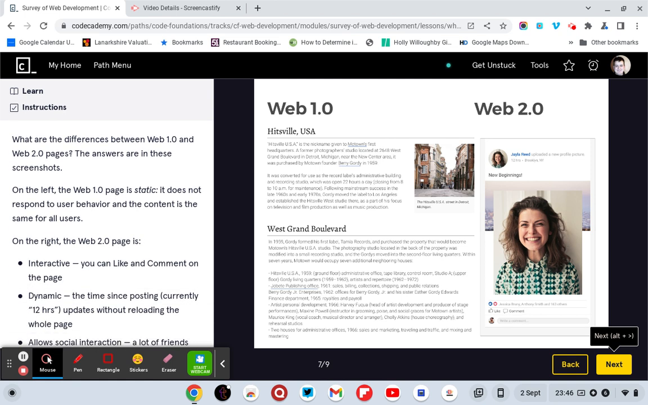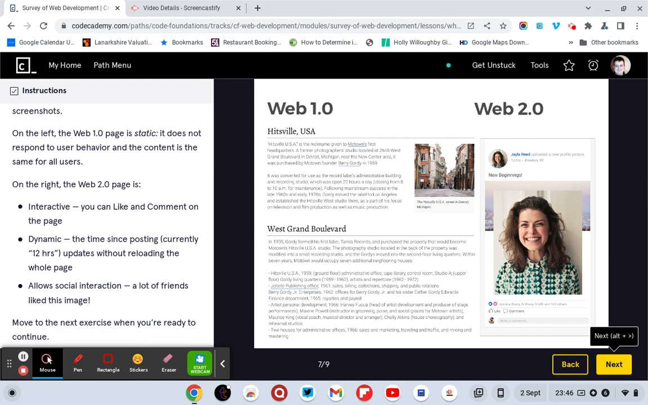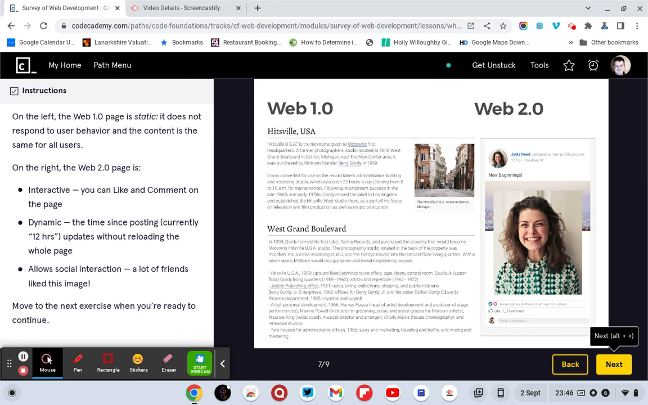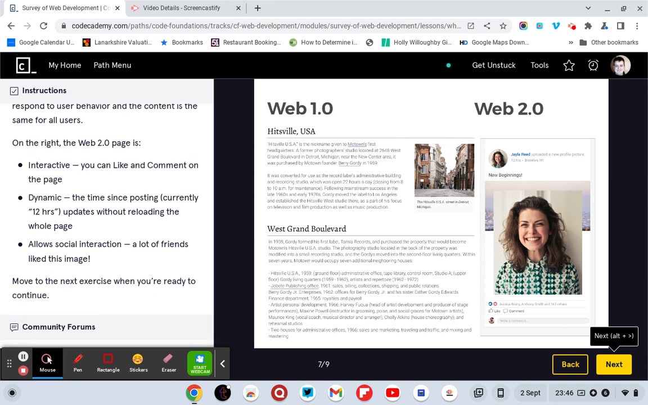What are the differences between Web 1.0 and Web 2.0? The answers are in the screenshots. On the left, the Web 1.0 page is static. It does not respond to user behavior. The content is the same for all users. On the right,